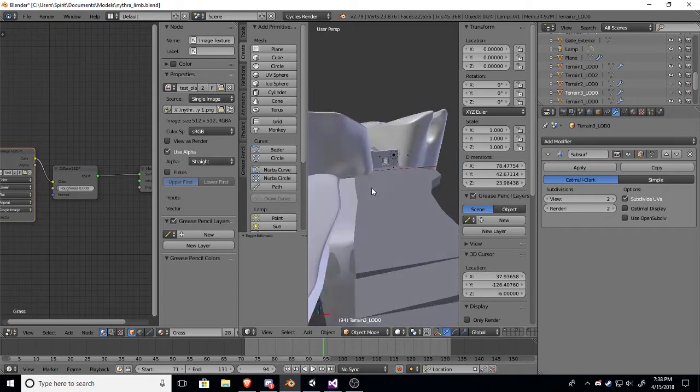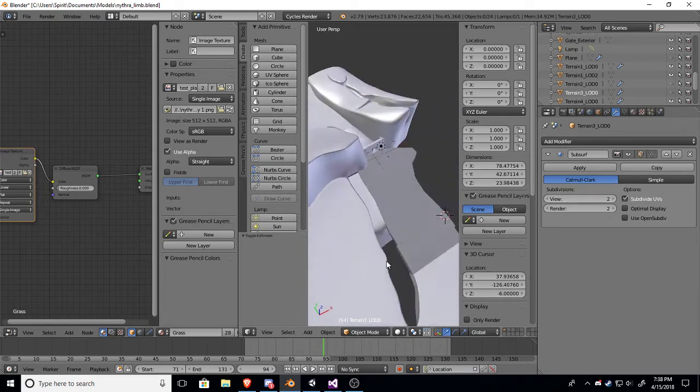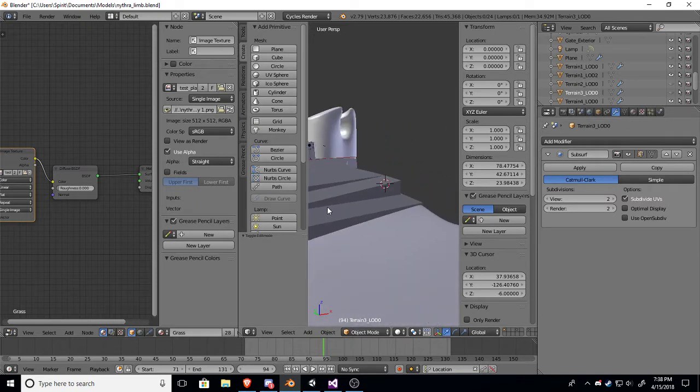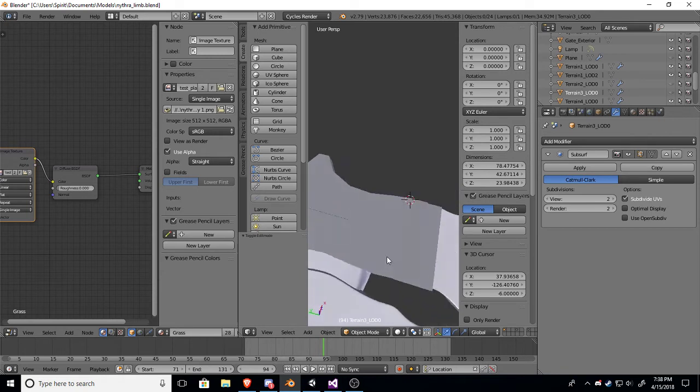Okay, that's kind of a decent approximation of what I have so far, just for the sake of kind of representing it in this